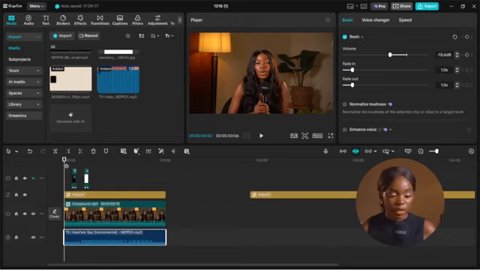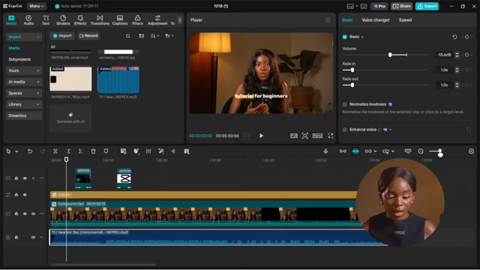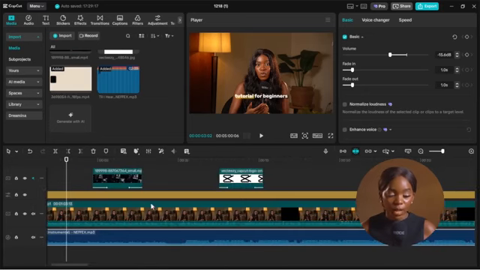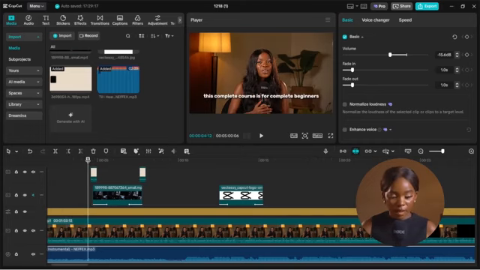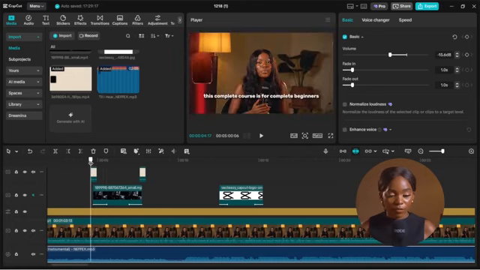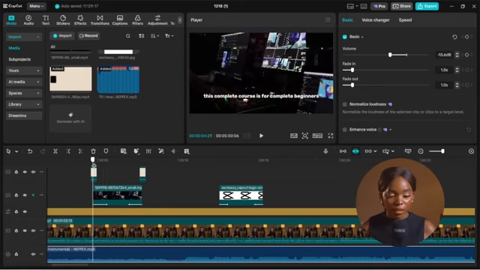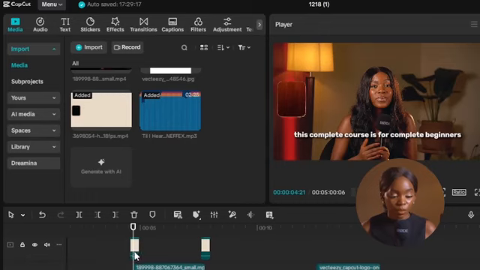So I'm going to use the example of this part of the video where we had our film burn added as well. I mentioned earlier that I was going to show you how to add sound effect to the film burn. So if you look at this, right, there's like a little flicker that happens right here as the film burn appears. So I want to add like some sound effects, right? So to do that, all you need to do is to come to your audio,